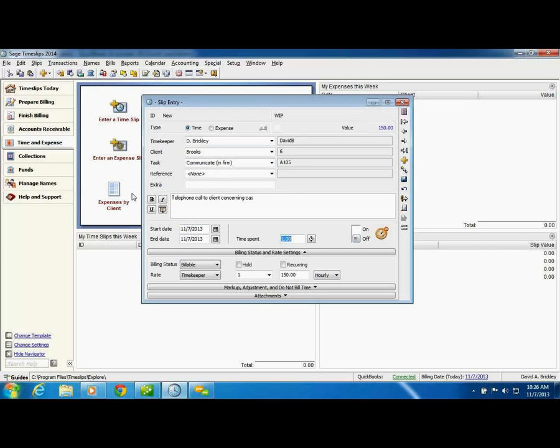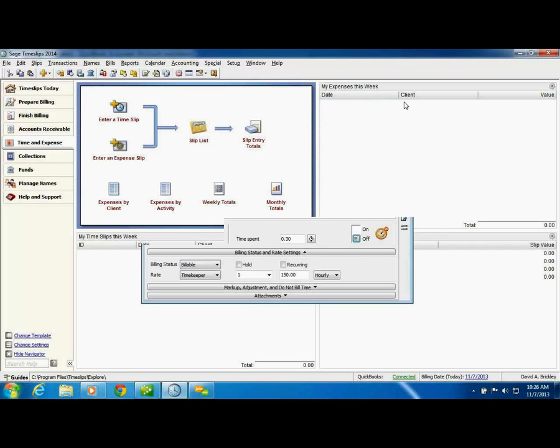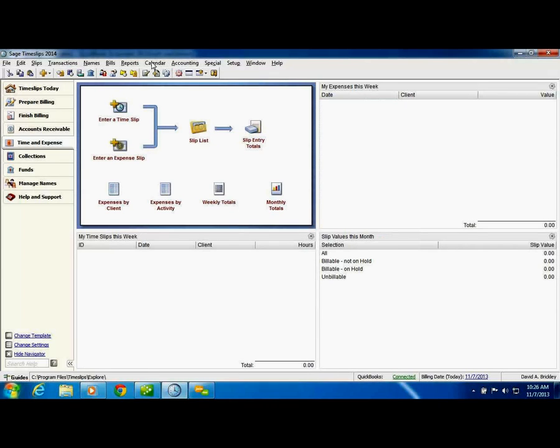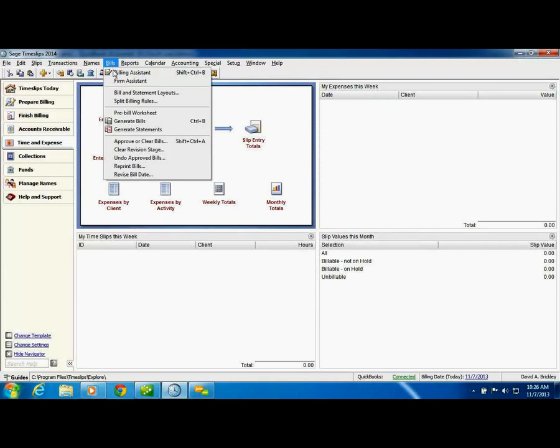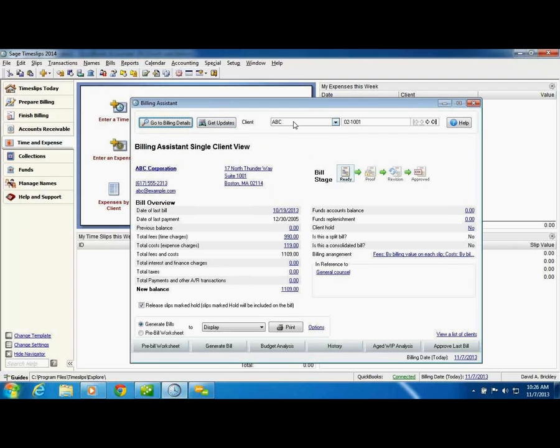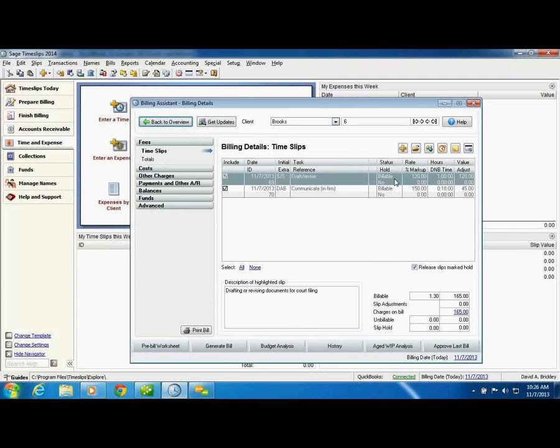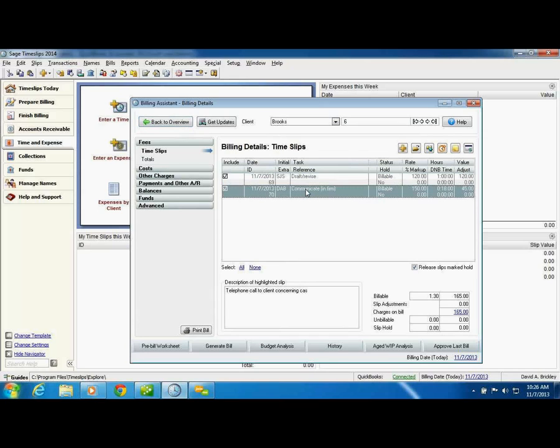And he spent 0.3 of an hour. So his time is worth $45, and you'll notice that the other attorney's time is worth more, so we're going to go ahead and generate a bill. And if I go to the billing details, I can see $120 was Santos, and then Dave Brickley had $45.